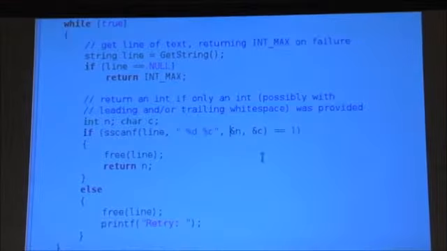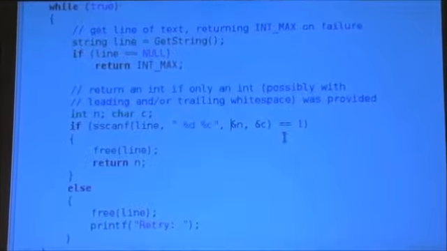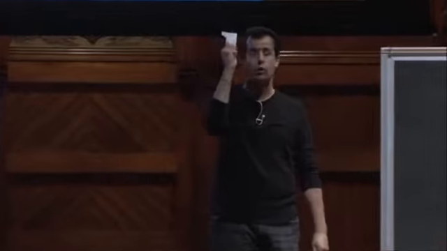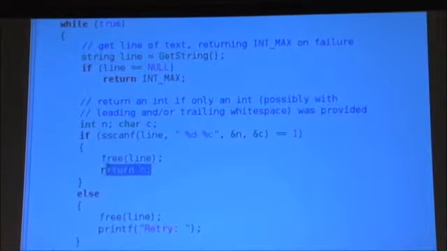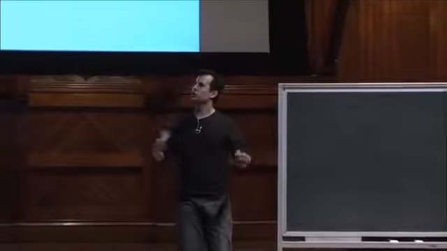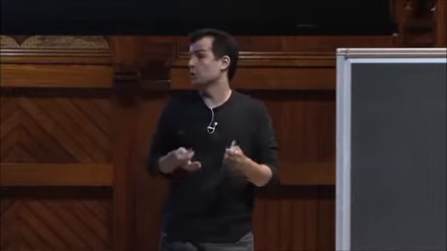because then I, the person who wrote this code, is going to check if scanf returns 1, that's perfect. The return value of scanf signifies how many pieces of paper that function filled with values. So if it only filled 1, the int called n, great, we're good to go. We can immediately free the line, the string that the user typed in, and that's new today, and then we immediately return that integer. But if the user somehow did not cooperate, did not just type a number like 42, and instead we get back from scanf the number 2, which signifies that they typed in some number plus some garbage character. Or if scanf returns 0 because they didn't type in anything somehow, the else condition is going to